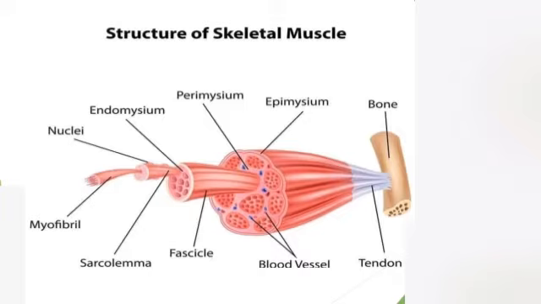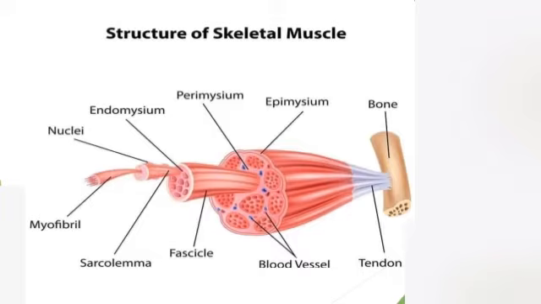The outer layer of the muscle is called epimysium and the inner layer of the muscle is called perimysium. And as you see in the diagram, muscles consist of numerous muscle fibers. The bundle of muscle fibers is called a fascicle. And as we all know, skeletal muscle is basically composed of muscle fibers,